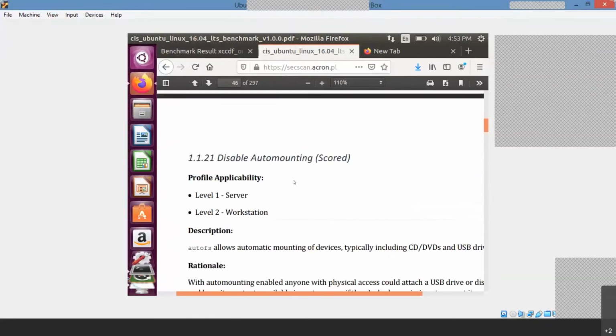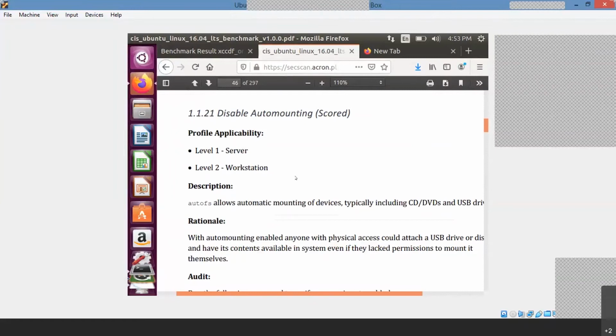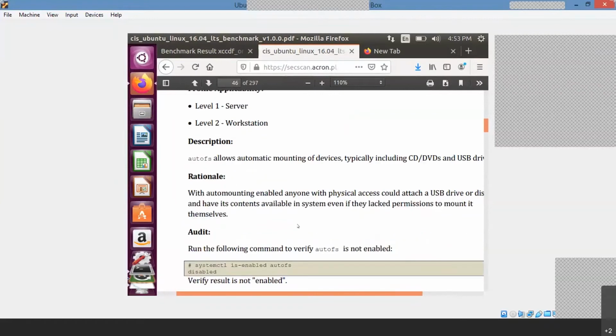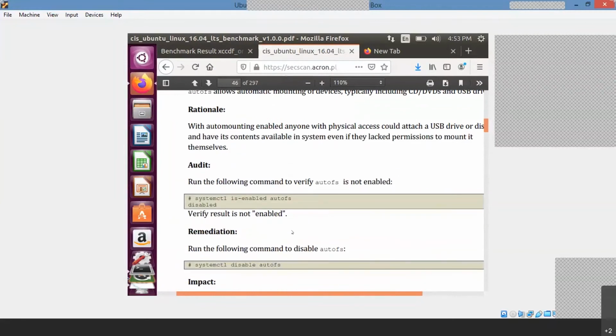Yeah, auto mounting. So auto mounting is very important. Suppose you keep pen drives and all those things onto the servers. Generally, auto mounting should be disabled, right? For that purpose, CDs or DVDs or USB, whatever we take, it should be disabled. For checking or auditing the same thing, you have to type this command.